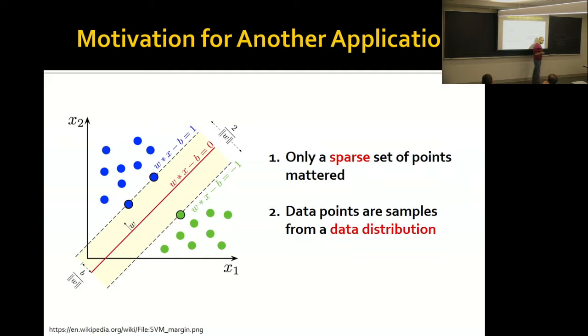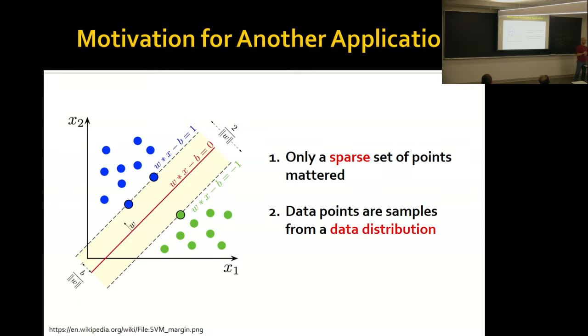Because solving the SVM problem is a large-scale, complex optimization problem. There are a lot of people that study it and know how to do it pretty quickly. But there are two basic observations I want to point out. One is that only a very sparse piece of your data set actually mattered for solving. That's the very classical, simple version of SVM. The second is that these data points are noisy anyway, right? Somehow these are just samples from some underlying distributional object.